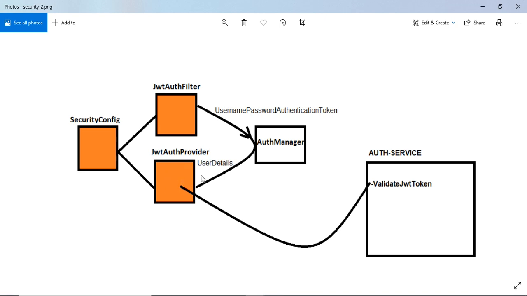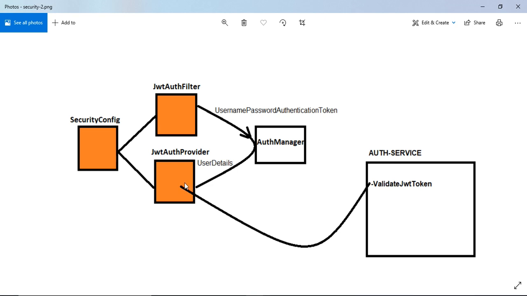Then the authentication manager passes the same object to the provider. The provider collects the token from this object and calls the validate method of the auth service. The validate method validates the token, as we did in the previous video, and returns the user related information to the provider.